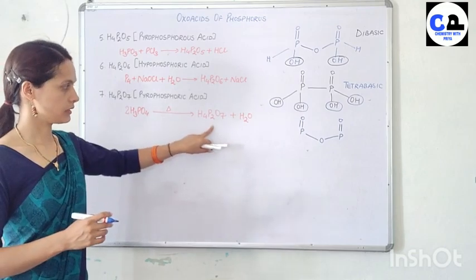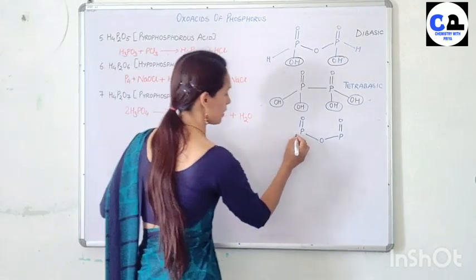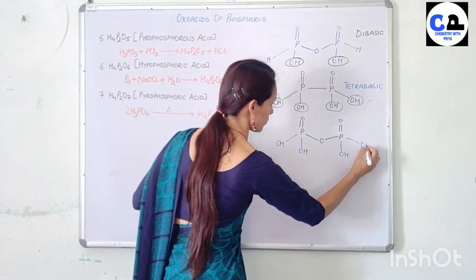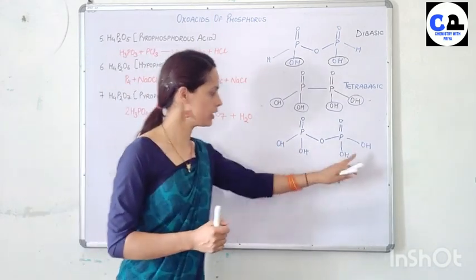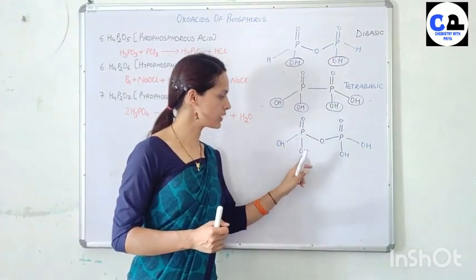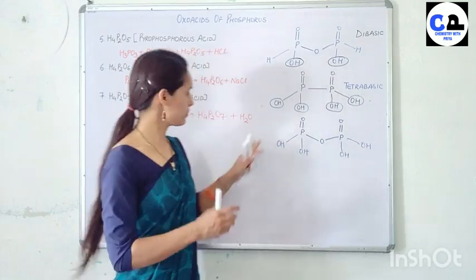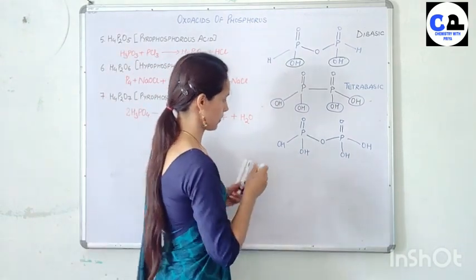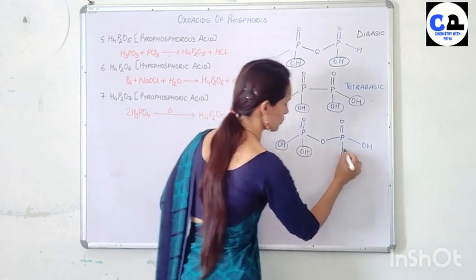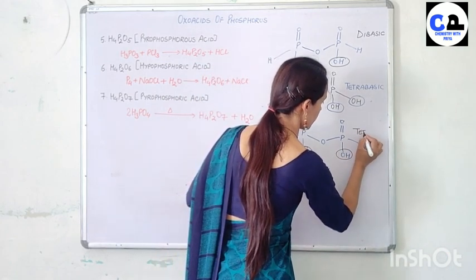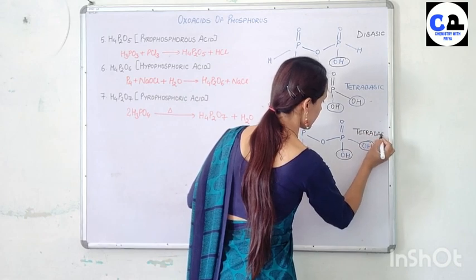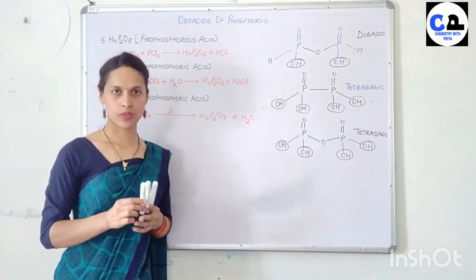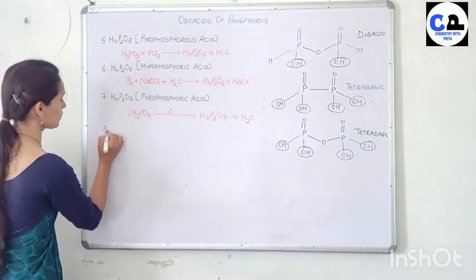So the structure becomes P, O, P, double bond O, like this. Now here OH, OH, OH and OH. So it becomes H4P2O7: 1, 2, 3, 4, 5, 6 and 7. So it again becomes tetrabasic: 1, 2, 3, 4. Tetrabasic, and due to the presence of POP linkage, it is pyrophosphoric acid. Now next, 8th, we'll talk about